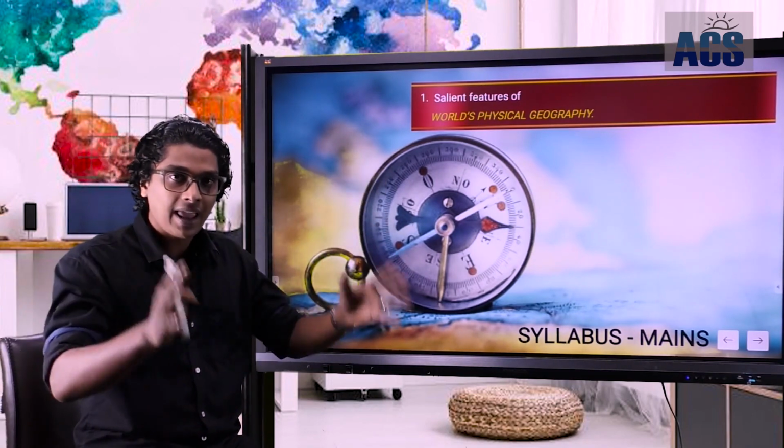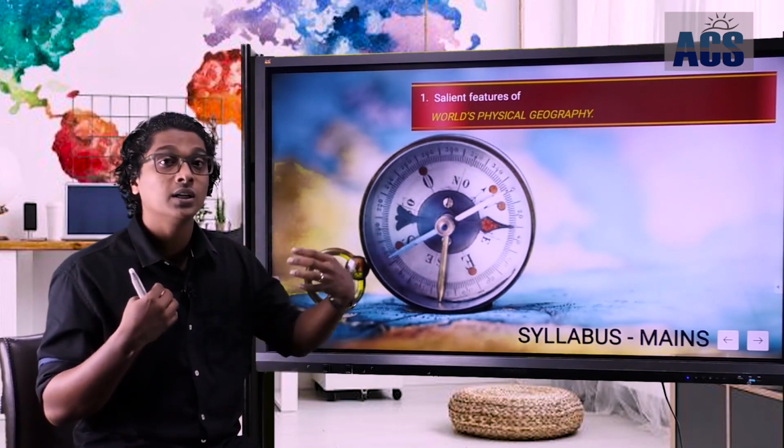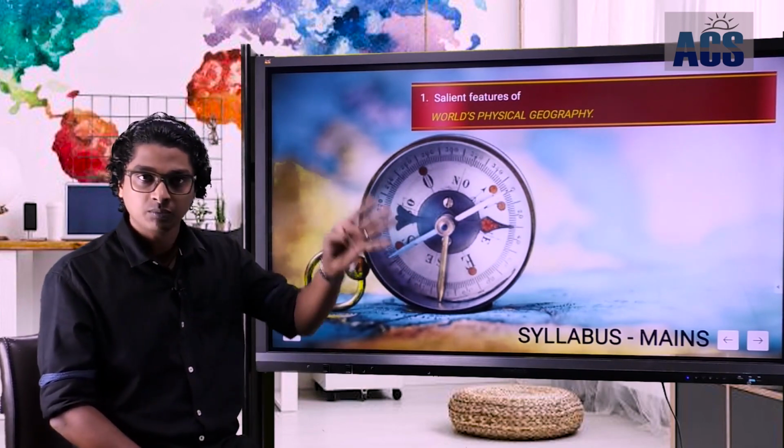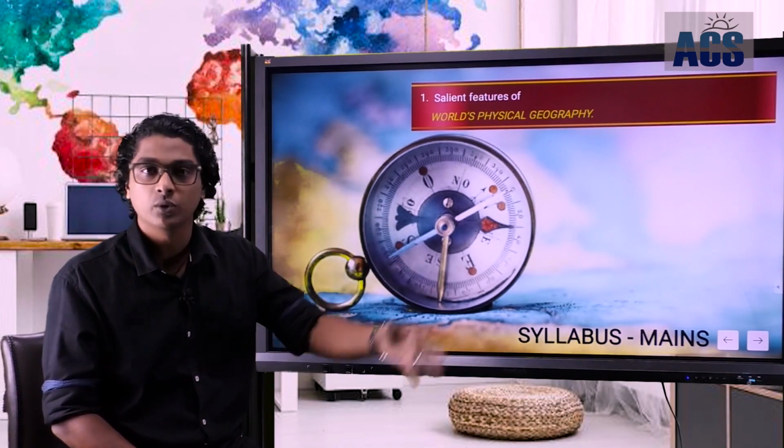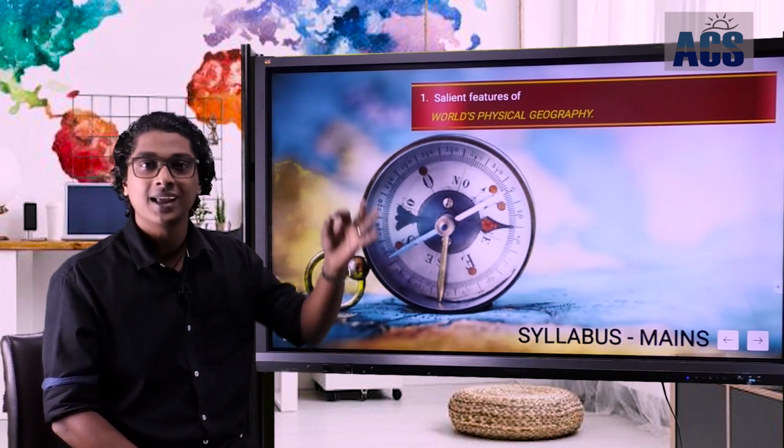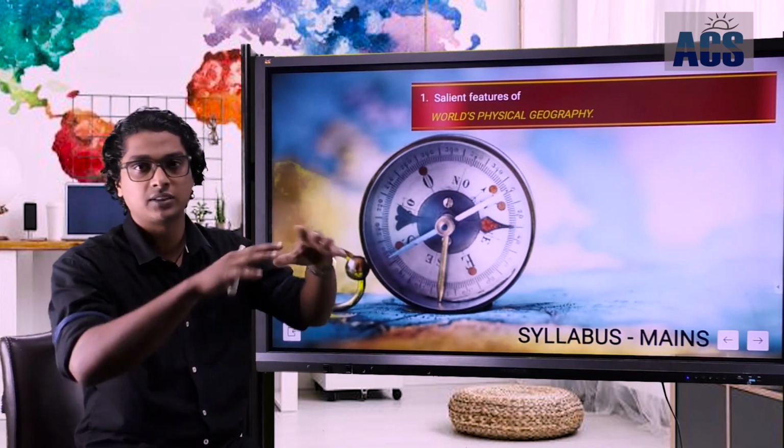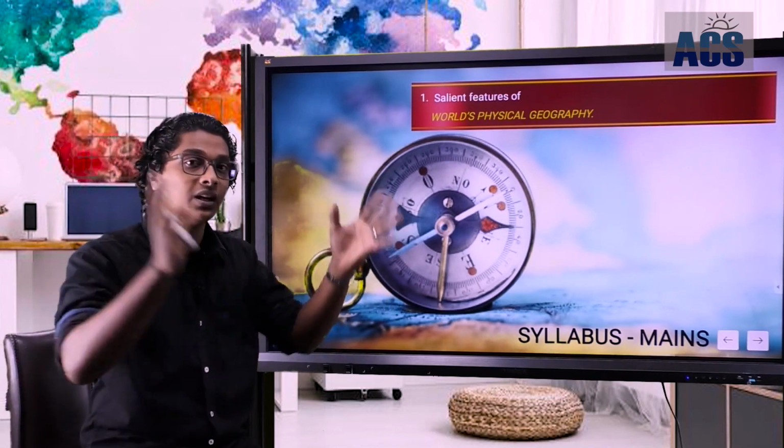Now, in order to study everything, we need to know how the earth formed. So the first module will be based on Earth and universe. We will be studying regarding the evolution of universe. We will study regarding the stars, the planets, the solar system, and finally we will reach the earth and we